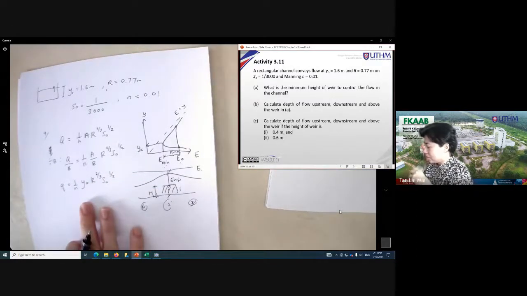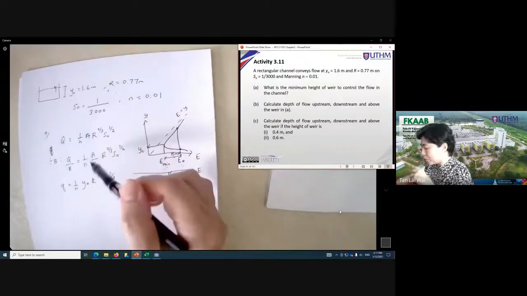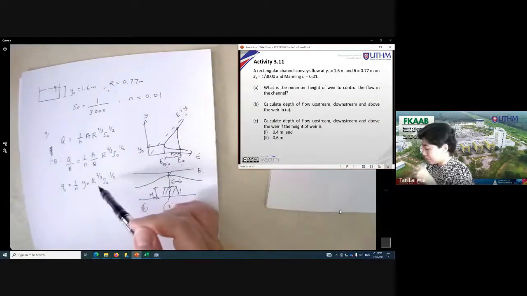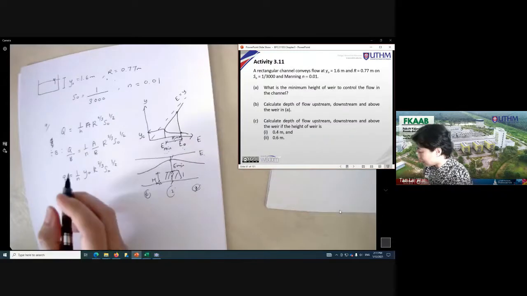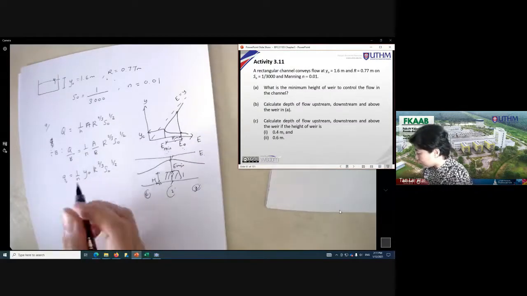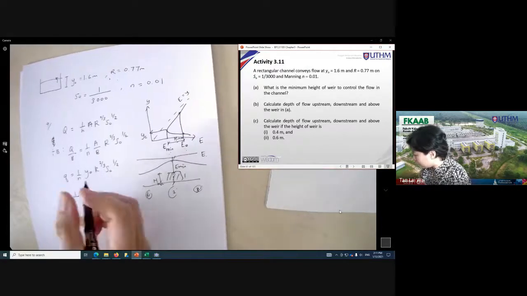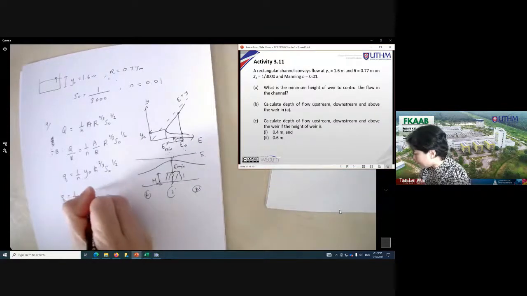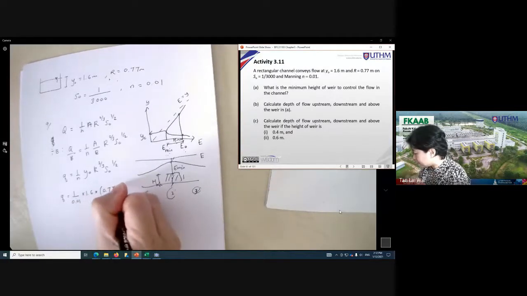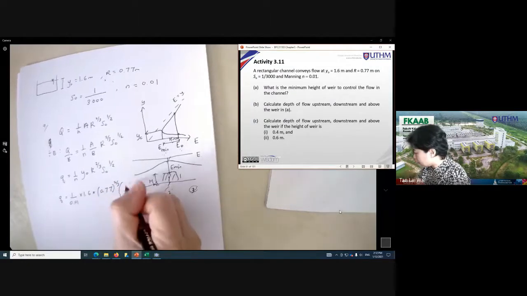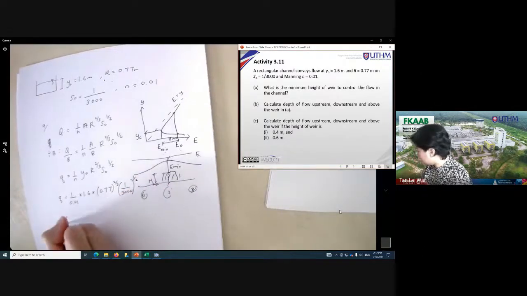Now, if hydraulic radius is not given, you need to find A and P in order to get R, to substitute in this equation. Now R is provided, so I don't need to find it. So I can substitute all the known values, because I need to find my discharge over unit width. So I have 1 over 0.01. Can someone help me calculate this, please? And this is 1 over 3,000 to the power of half. Okay, so Q is